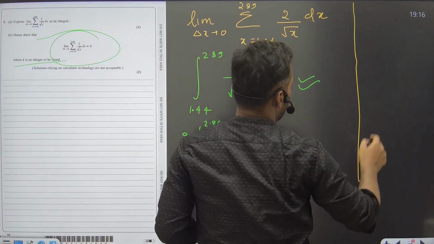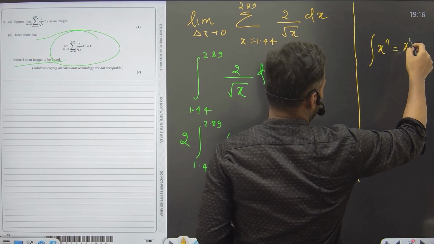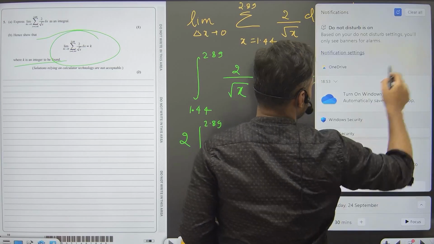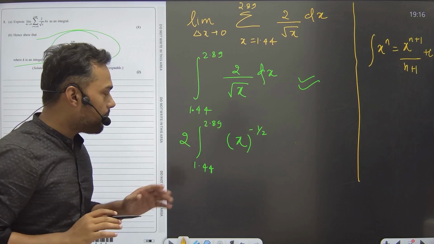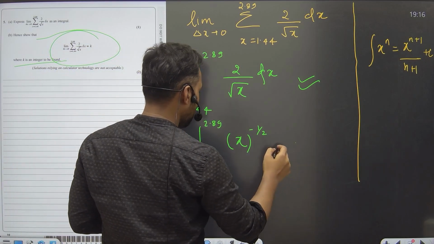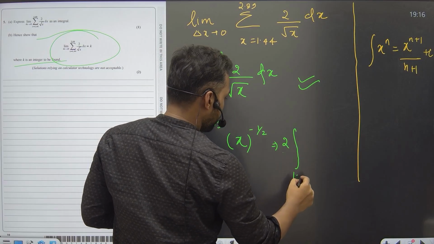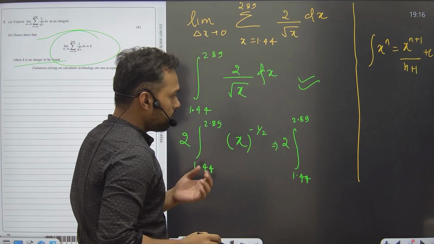Everyone knows this very common formula: the integration of x^n is x^(n+1) divided by (n+1), plus c. This is the formula we'll be applying here, students. So it will be equal to the integral from 1.44 to 2.89 of 2 times... Here if you apply the formula,